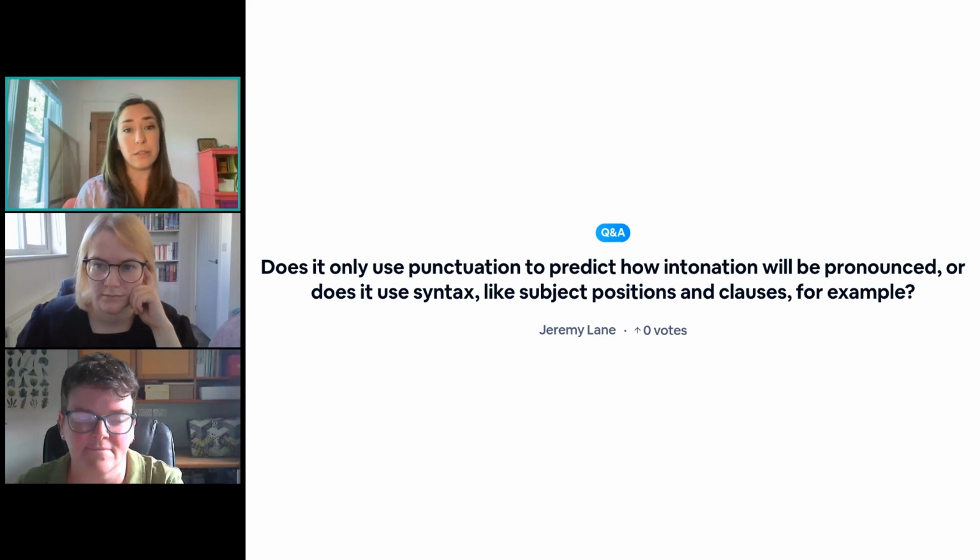So the other thing WellSaid is working hard at doing is more tools. We launched our cues last year, which allow folks to actually tag different parts of that speech to say, I want to emphasize here. I want to speak this part louder or faster. And there's more we want to do beyond that that goes into these intonation choices. It's not just how can the model predict it well, but how can users shape it if they need to.